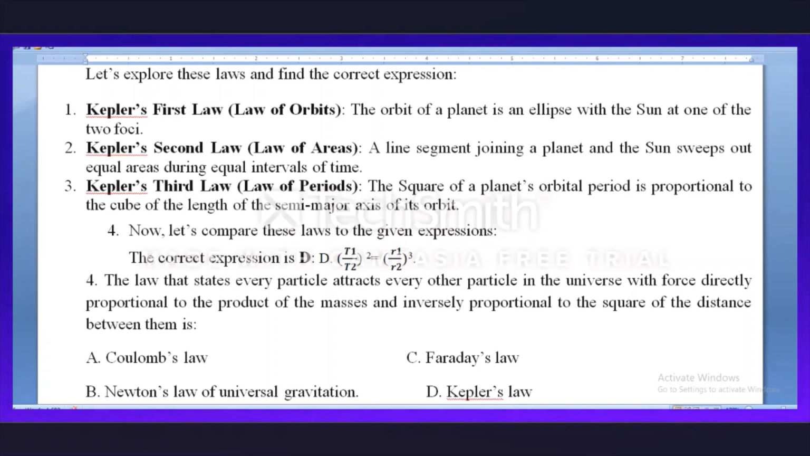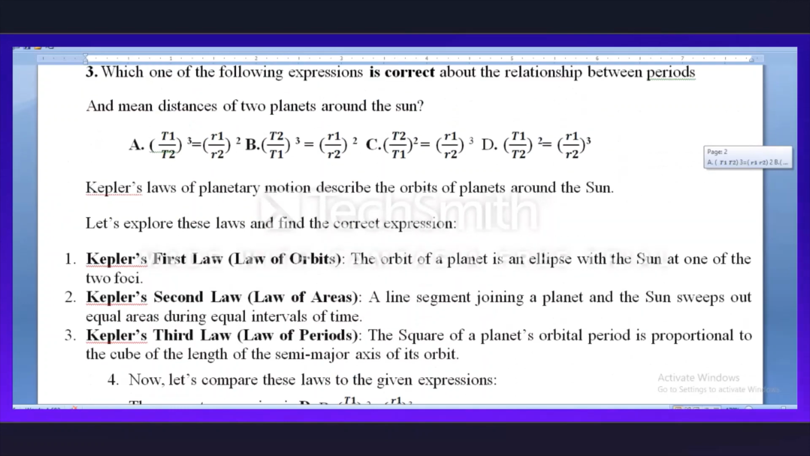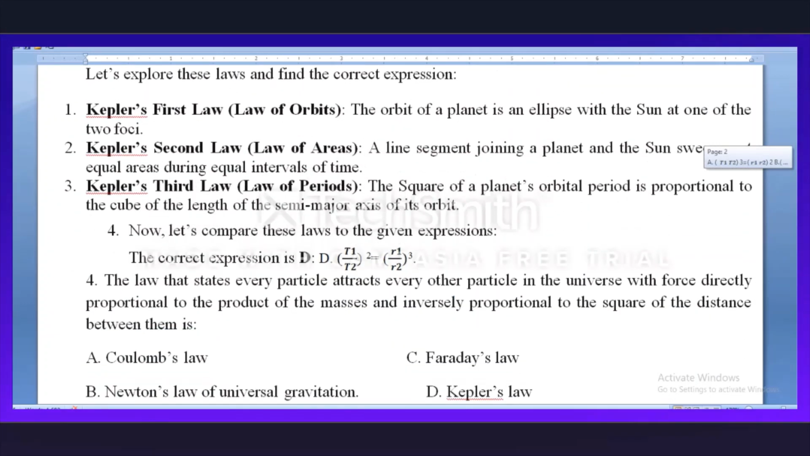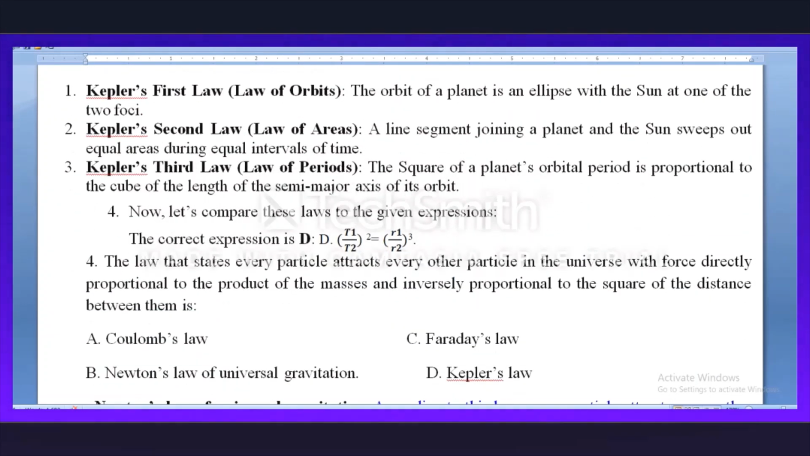Let us compare these laws to give an expression. The correct answer from the above is D. D says that R1 over R2 the whole square, which equals T1 over T2 the whole square, which equals R1 over R2 the whole cube. The next question,